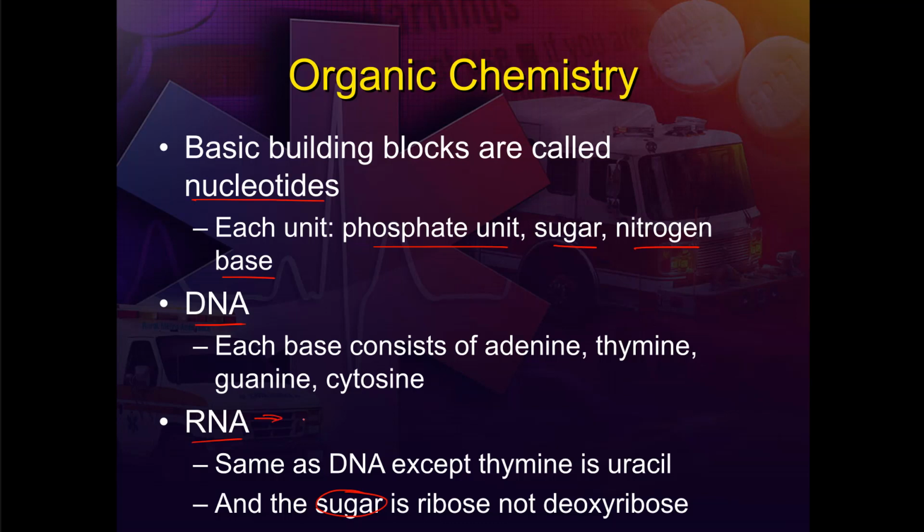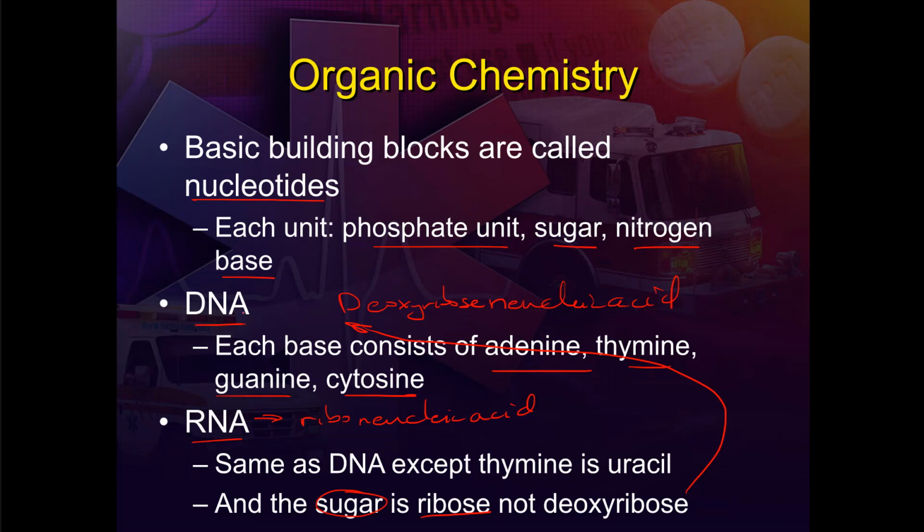RNA is going to have a ribonucleic acid because it uses ribose as the base sugar. DNA uses deoxyribose as a component of the nucleic acids. We don't have to memorize how these things organize themselves together, but what we do want to highlight is that